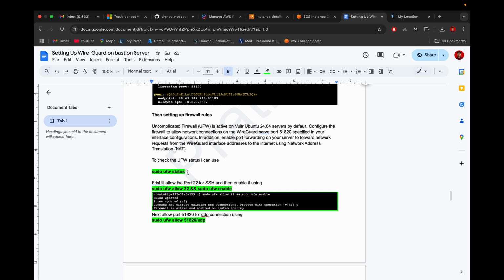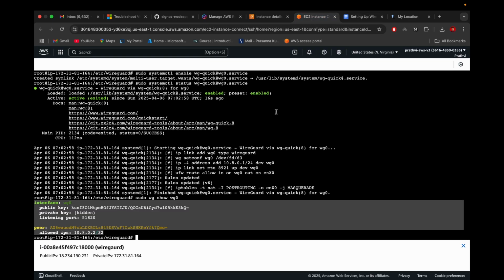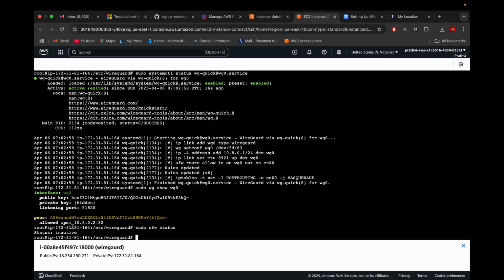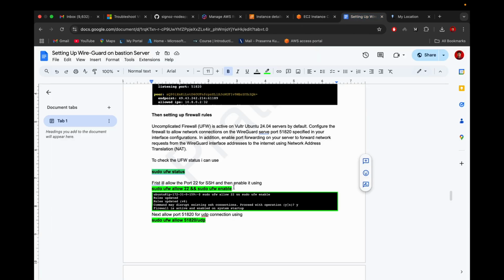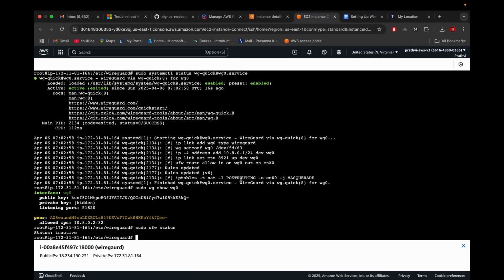So now we have to enable UFW. For that, first I need to check whether UFW is active or not. UFW is the firewall which is there in Ubuntu. So let's check what the status is. Okay, it is inactive. I should make it active and use it. So let's do this command, which will allow port 22 and also enable UFW. So okay,